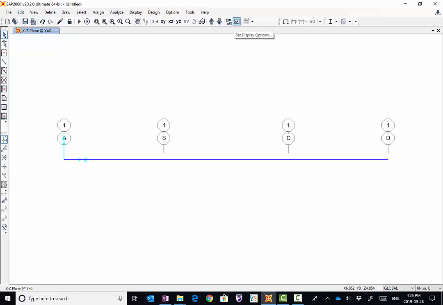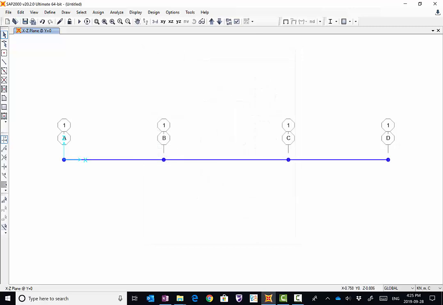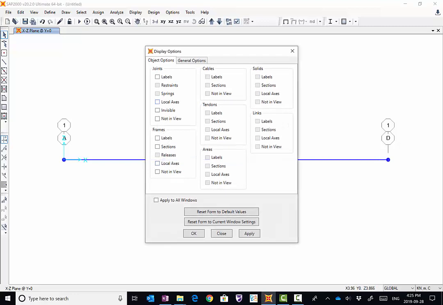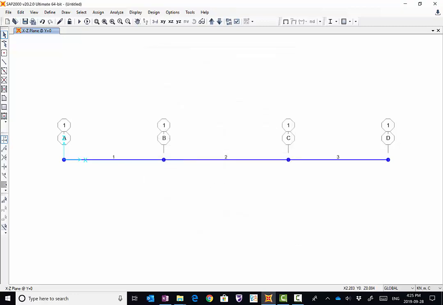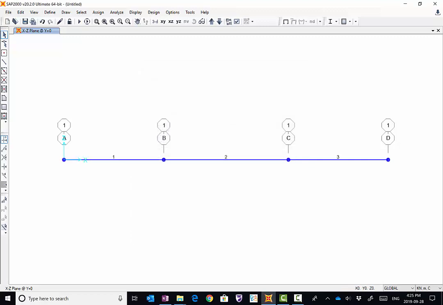So if you go here, which is set display options, if I make the joints, instead of being invisible, I'm going to make them visible here. So as you can see, this is node 1, node 2, 3, and 4. We can also show the labels of the frame elements. Like if I right click on this node, it's going to tell you that the label here is node 1. Okay. So element 1 is connecting node 1 and node 2, and element 2 connecting node 2 and node 3,